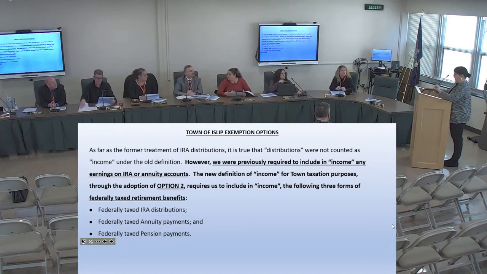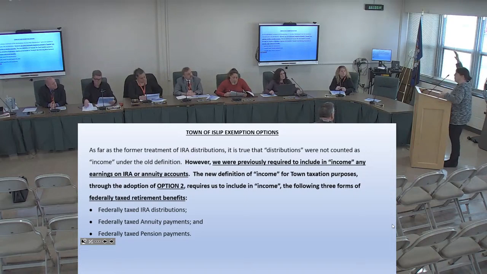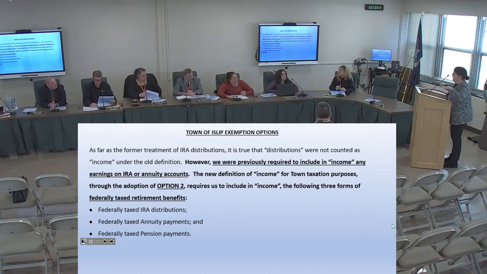I'll tell you the reason why. It's because the town of Islip's income options are much higher than Connecticut right now, right? And we define income differently. Same thing with the county. If you decide to do nothing, same thing with the county. Their income eligibility limits are at the highest amount, but the way they define income would be different than doing nothing as well, because they did option 1 and 3. So I have to compare apples to apples with only one change in order to give you the data that you would be looking for next year.